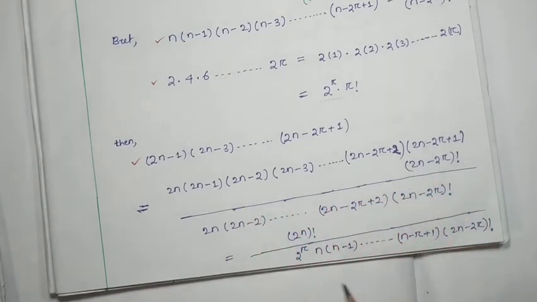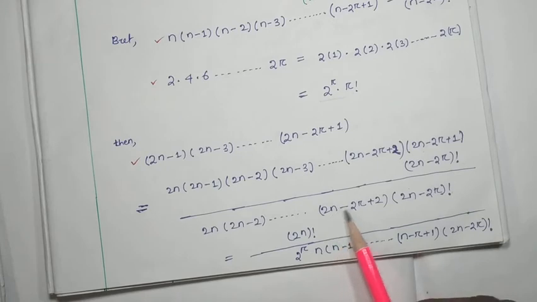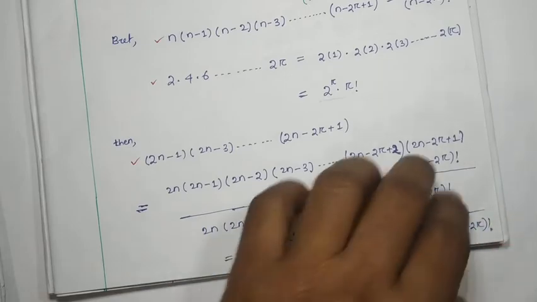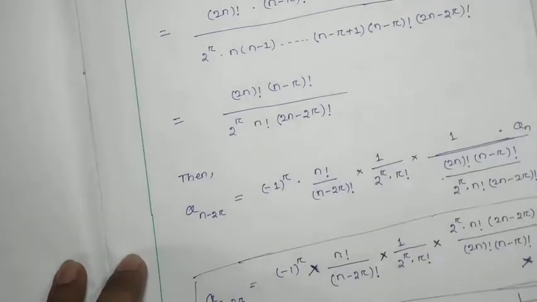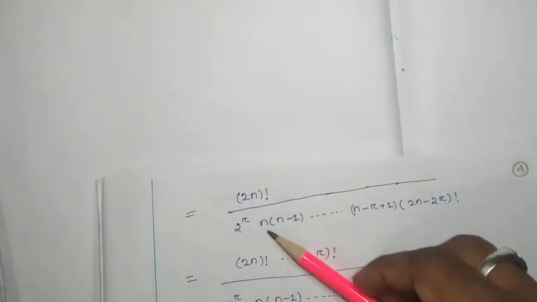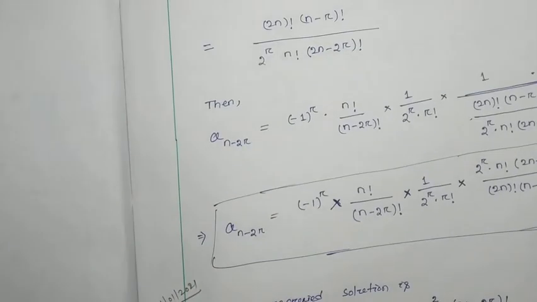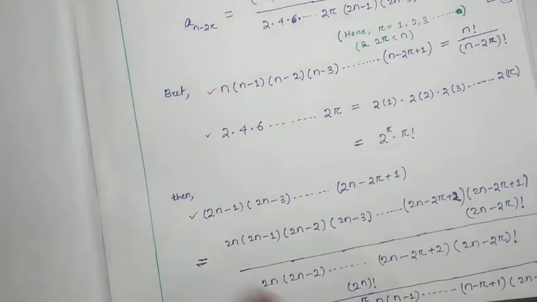So the numerator will be 2n factorial, divided by, you can see, you can take common 2 in each term. Then it will be 2 to the power r, here n into (n minus 1) and up to (n minus r plus 1), and (2n minus 2r), the rest is there. Now next we have to go, we can get that it will be 2n factorial whole divided by 2n factorial by